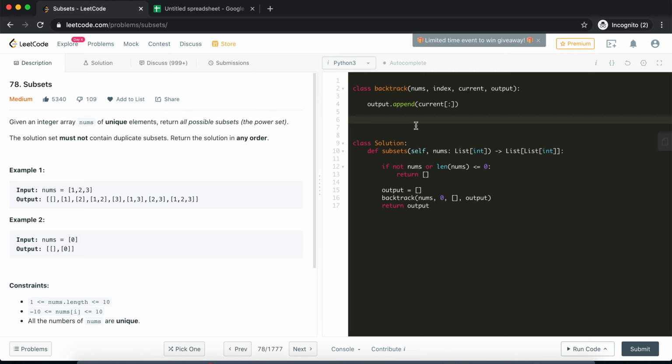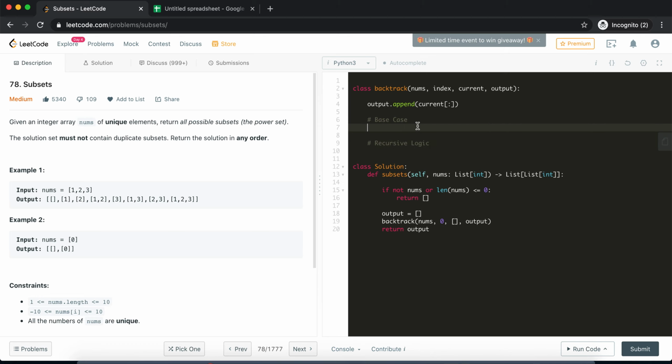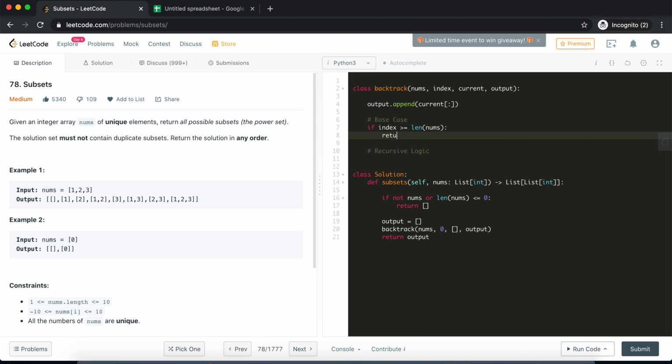Now in this backtrack function there are two things. One is the base case of recursion, which will break the recursion, and then we have the recursive logic. The base case is simple. If index exceeds the length of the array, so we have no more elements left, then we'll return. So that was the base case.